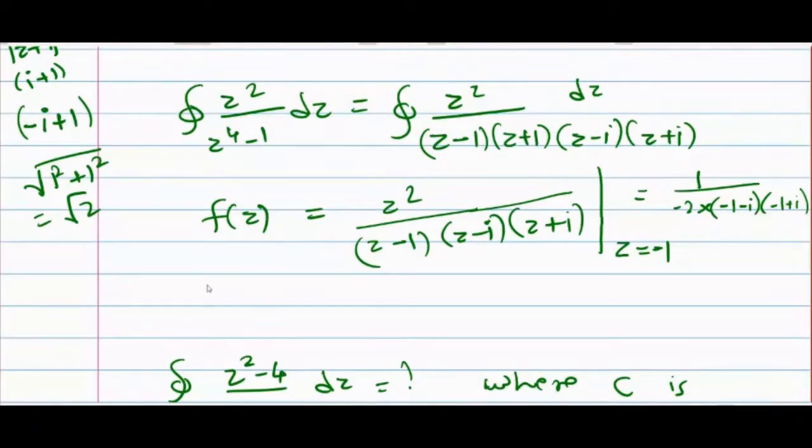ठीक है, तो ये हो जाएगा I minus 1. इसकी क्या वैल्यू आएगी? -1 minus I, -1 plus I. थोड़ा सिंप्लीफाई कर लेते हैं इसको. -1 इंटू -1 1. मल्टीप्लाई कर लो हर एक को.